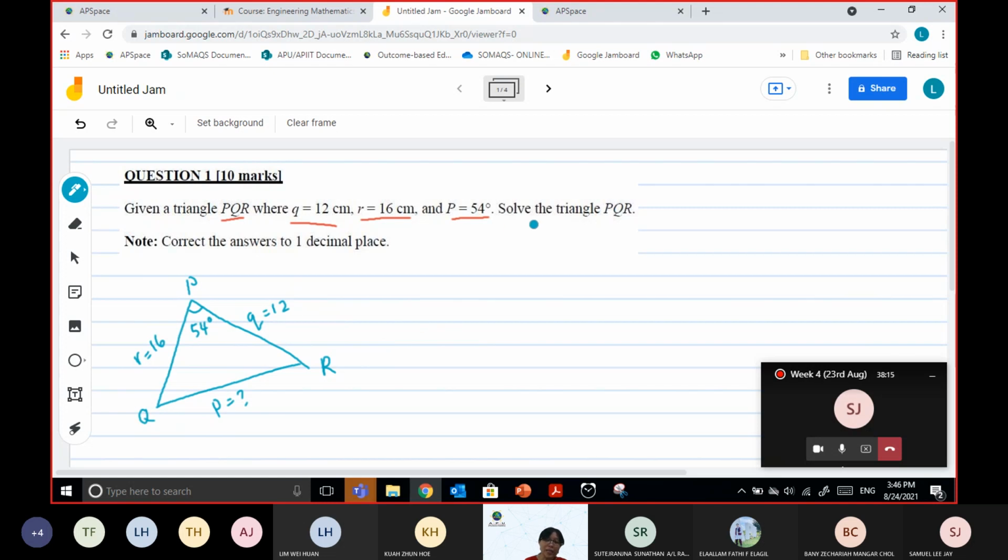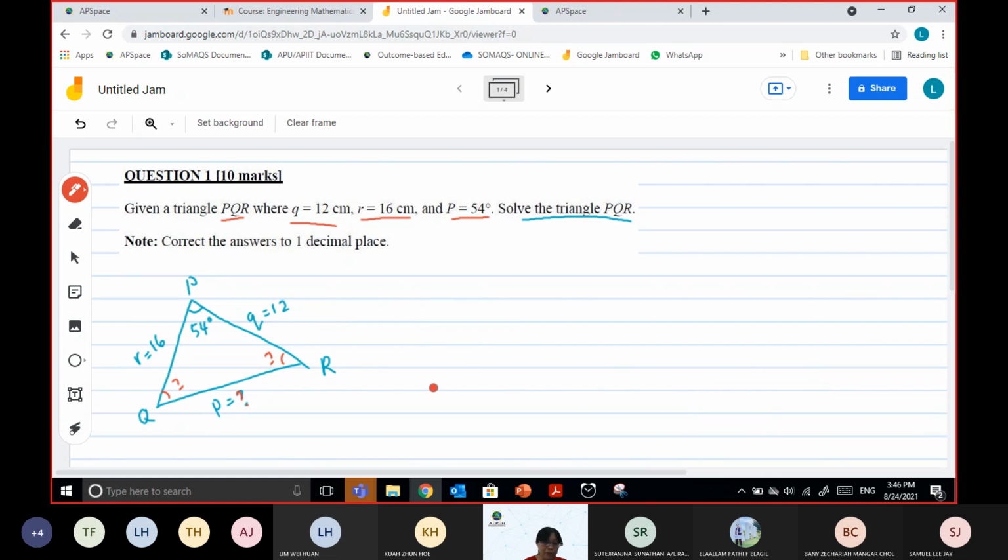Okay, so what do we understand by solving the triangle? When we say solve the triangle, you have to solve for the rest of the things that are incomplete. That means you need to find the other two angles here, and then of course the length of p. This is what you need to solve. Let's solve for one of the angles first. Because you have one angle with two sides, you can actually use the sine rule, right? So by using the sine rule,